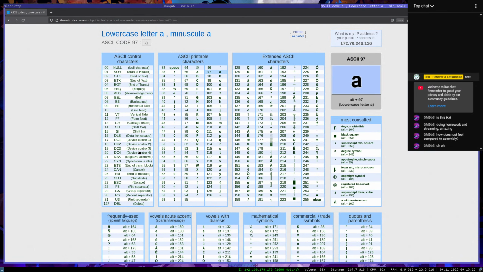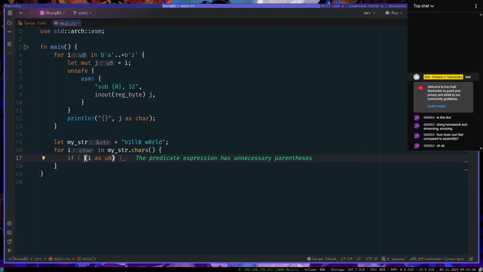Okay. So if 97 is less equal or 122 or anyway. Chain comparison operators requires parentheses.